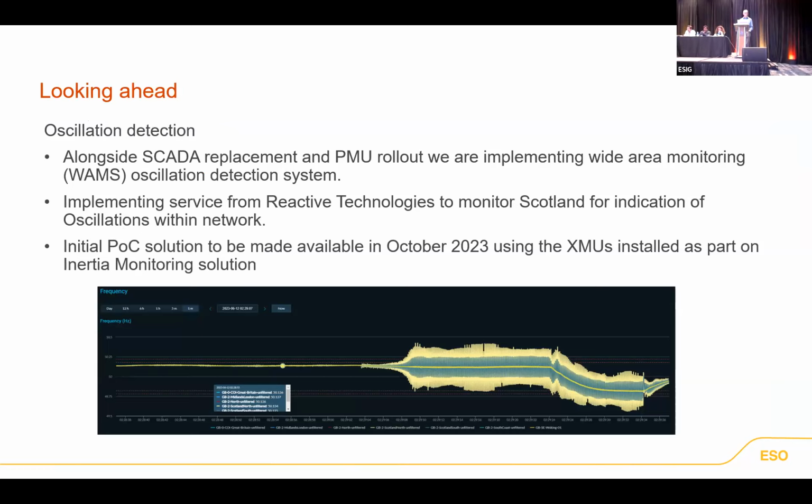So as we look ahead, though, we have this data, we have this tool. Some of you in the room will be aware that we had some oscillations over the summer created by the commissioning of some very large offshore wind farms. And what this data is doing, because it's real time, it's fed into the control already, it gives us a real opportunity to understand what is happening on the network.